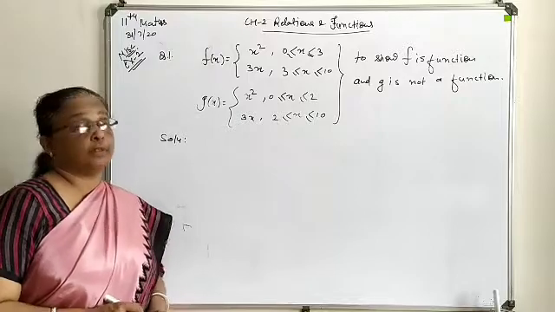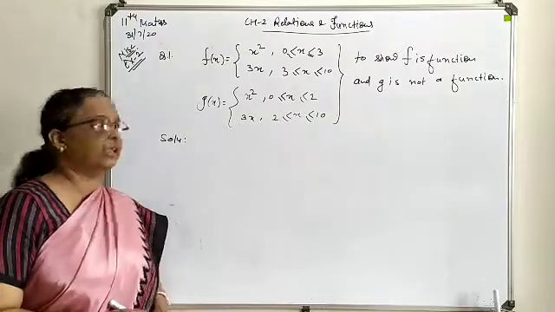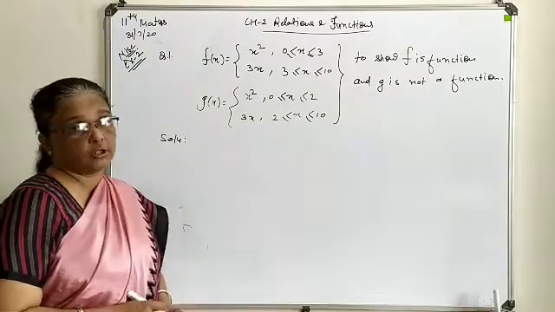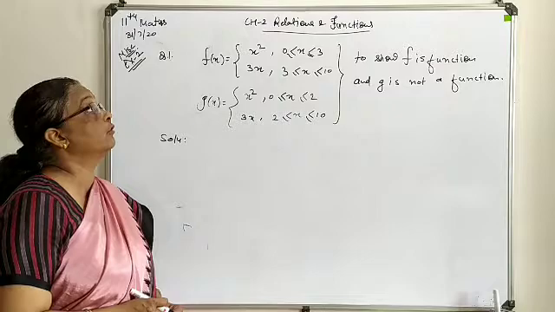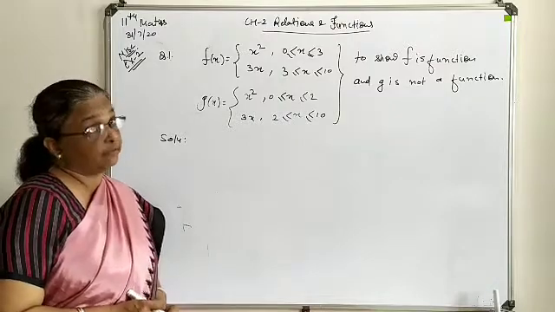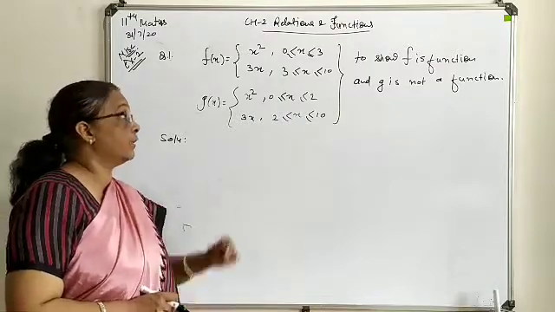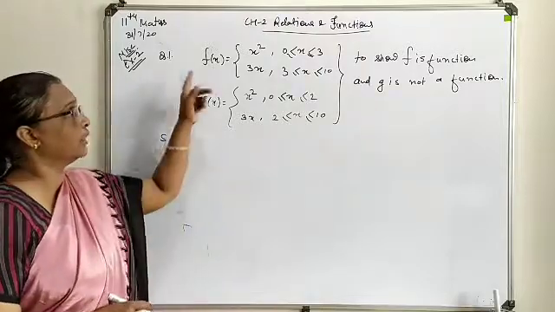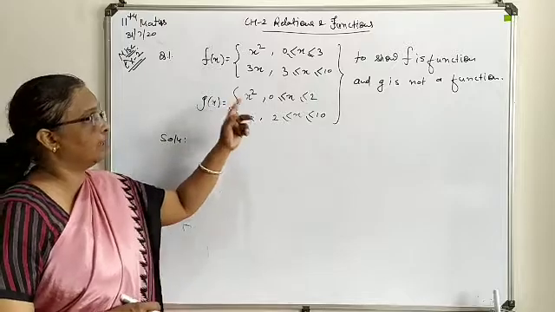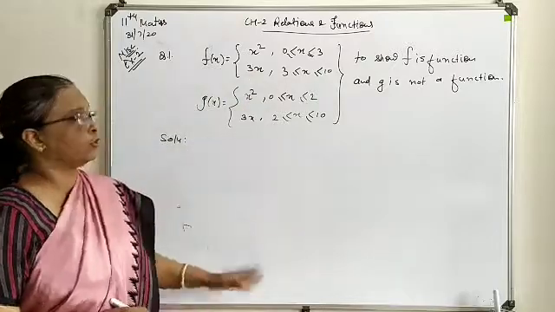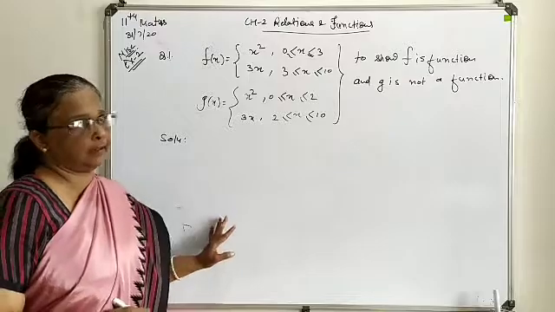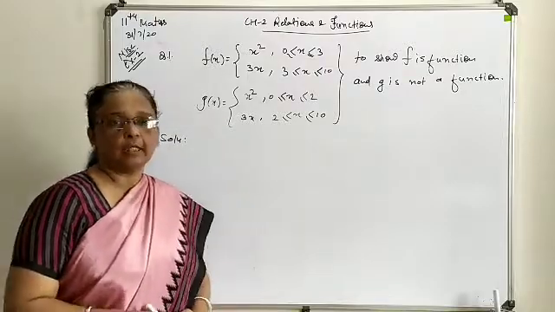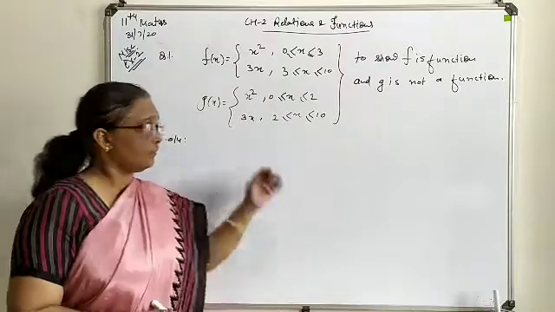So first we are going to discuss the first question only, in which two functions are defined with different ranges. Here you have to show that the first one, f, is a function, whereas the second relation, g, is not a function. Two relations f and g are defined for different ranges. You have to show that the first one is a function and the other is not, and we have to justify our answer.